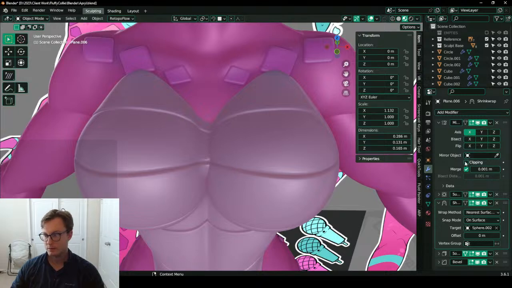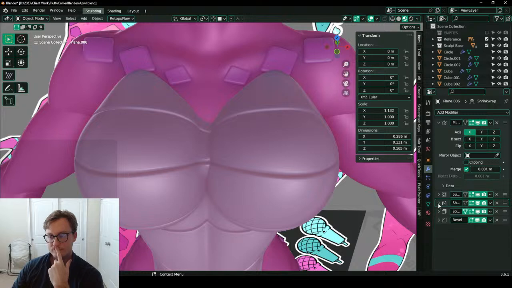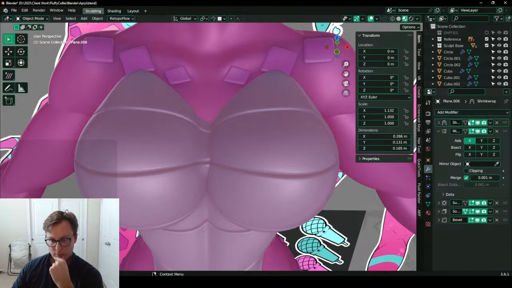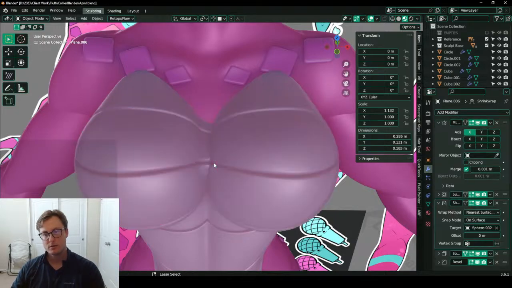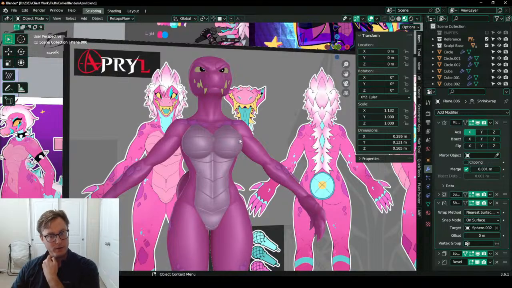guess we do want that. Oh, I see. It's the shrink wrap that's messing it up. Put the shrink wrap before the mirror? No. All right. There's ways to fix that. I just don't have to do it right now.